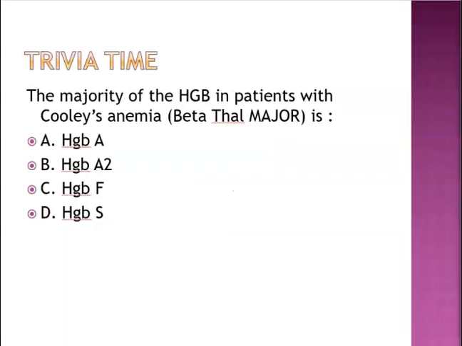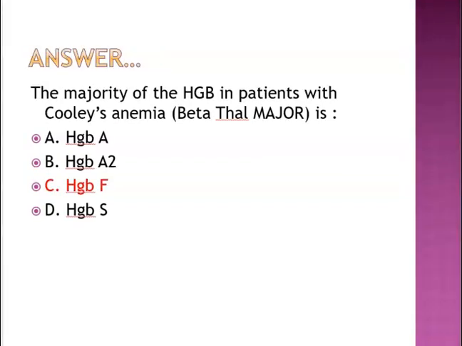Okay, trivia time again. The majority of hemoglobin in patients with Cooley's anemia or beta thal major is A. Hemoglobin A, B. Hemoglobin A2, C. Hemoglobin F, or D. Hemoglobin S. Pause the video before you move on and try to answer on your own. And the answer is C. Hemoglobin F. They still have their newborn hemoglobin F because they cannot produce hemoglobin A because their beta genes are